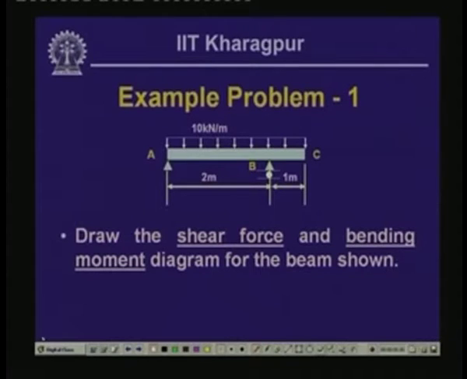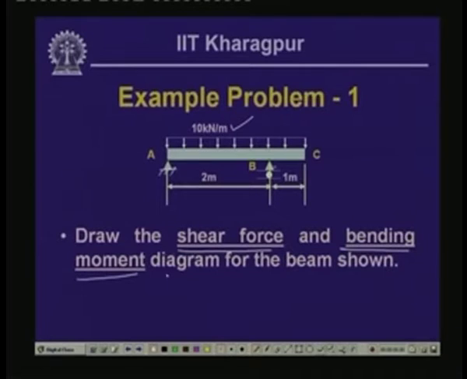Now, this is the example problem which I had given you last time and asked you to solve. Let me just tell you the salient points of this. What we need to do is draw the shear force and bending moment diagram for this particular beam, and as you can see here, this is on a hinge support and this is on a roller support, and there is an overhang on this beam, and this is subjected to a uniformly distributed load of 10